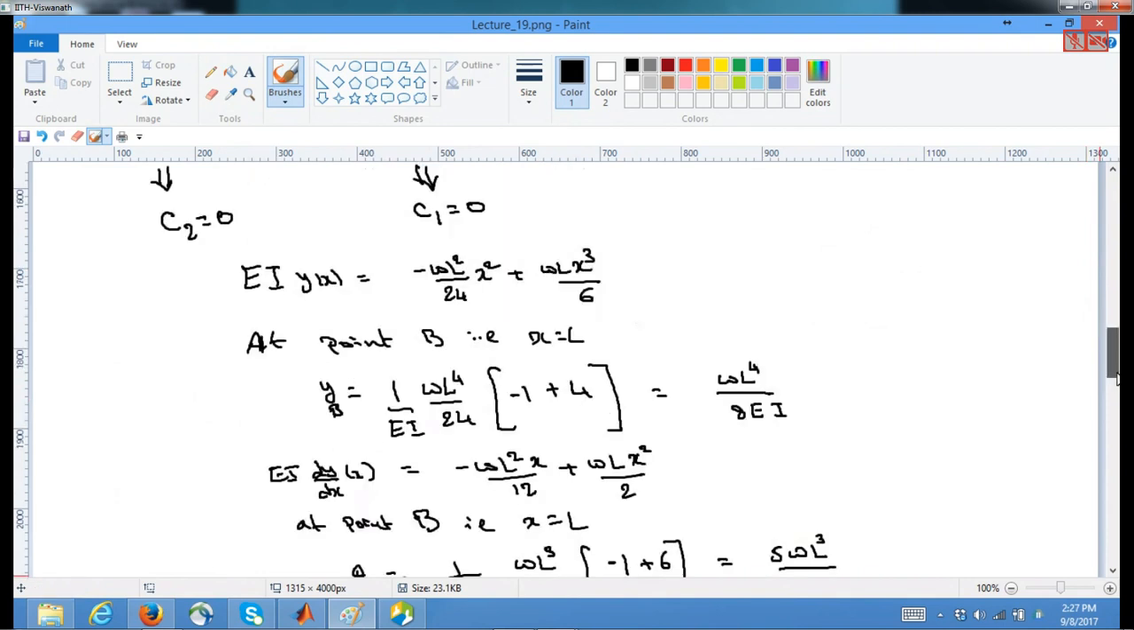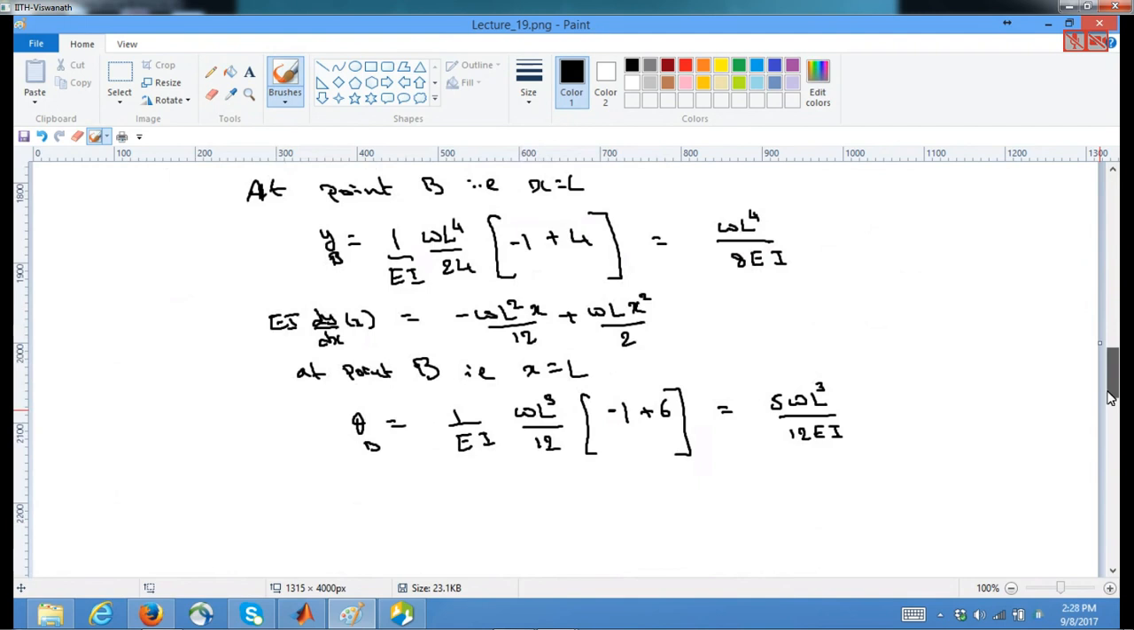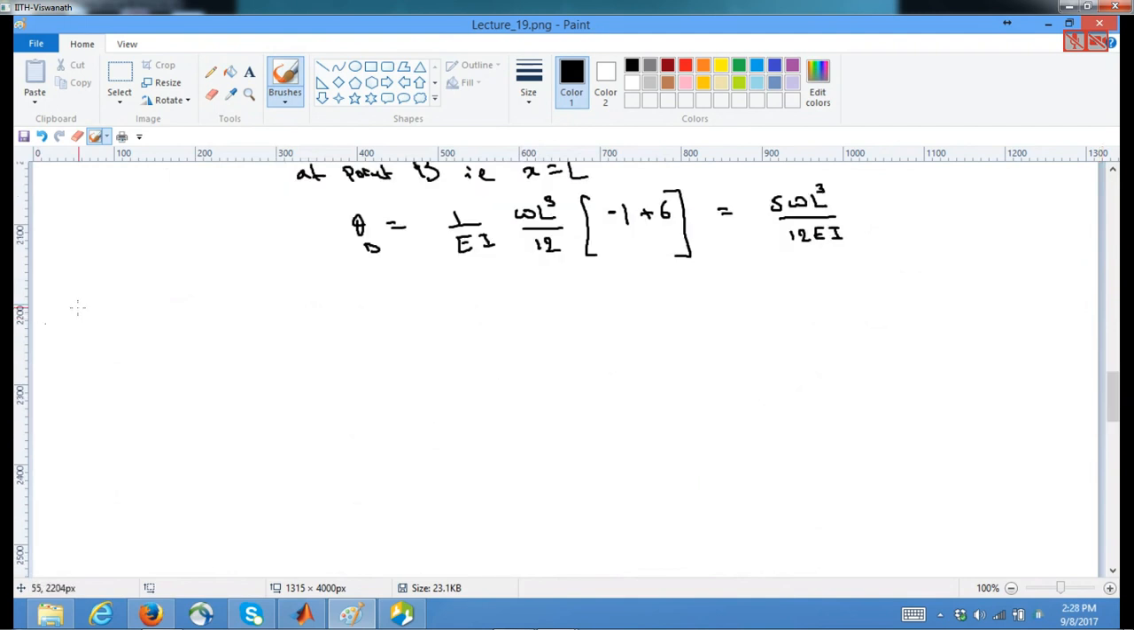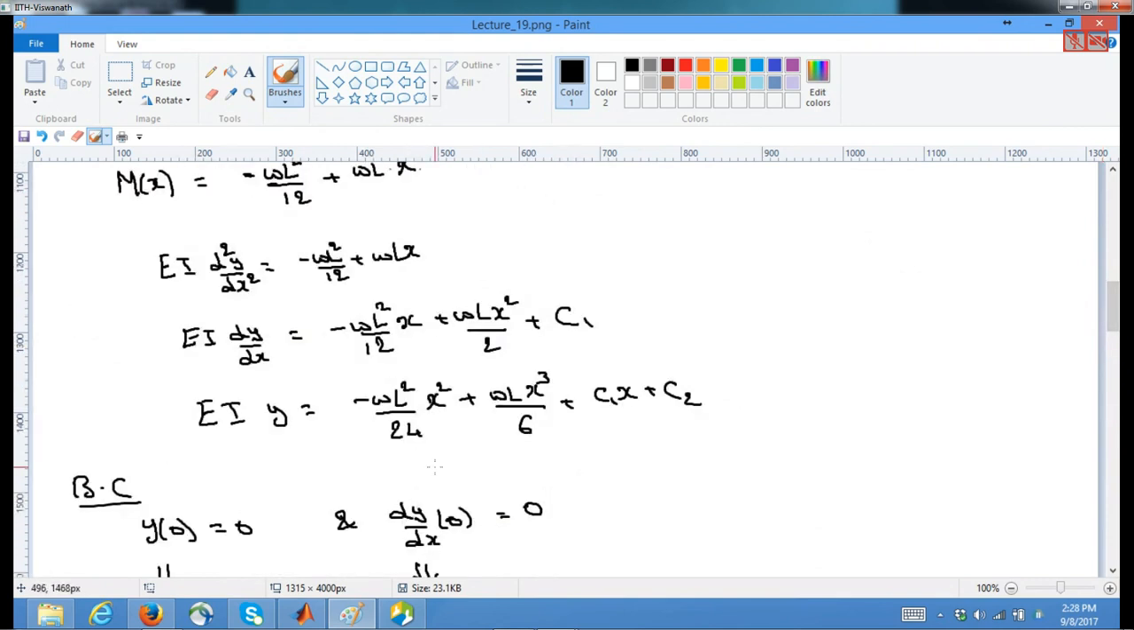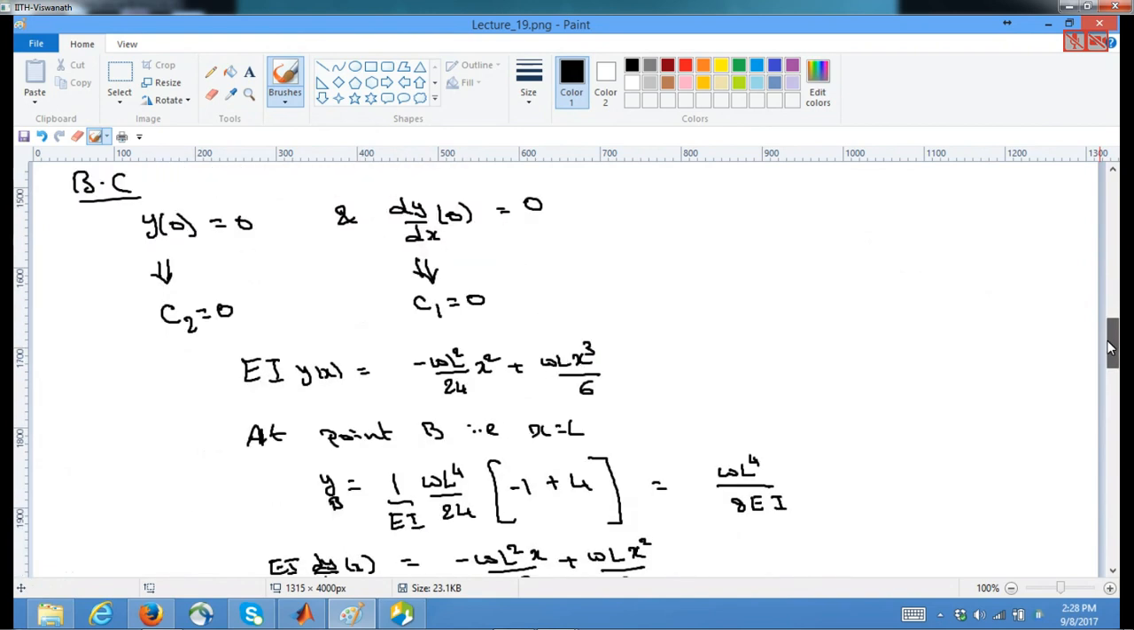Now let us see the characteristics of the exact solution. The characteristics of the exact solution is, if you look at this, this is our